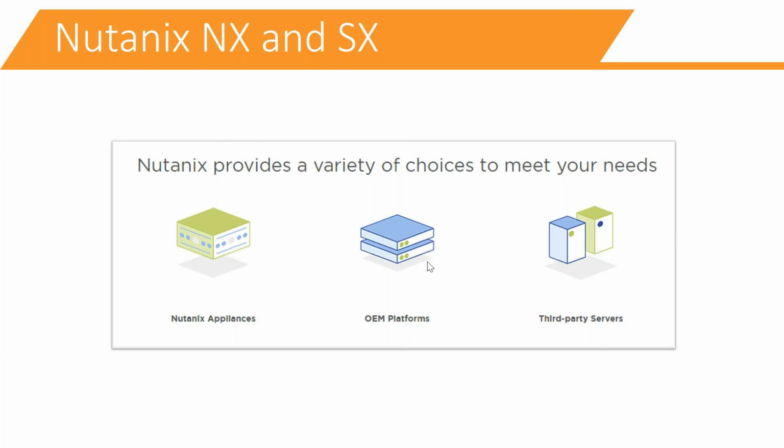Okay, so for NX and OEM, these two are already done in the factory itself. Imaging the node, when I say imaging, means hypervisor installation, that's for AHV. On top, the CVM will be created. It's a special VM that gets created with the help of the intelligent software. Now you buy this, take the server, connect to the switch, power on, and then form. You only have to run the create cluster command, and your cluster gets created.